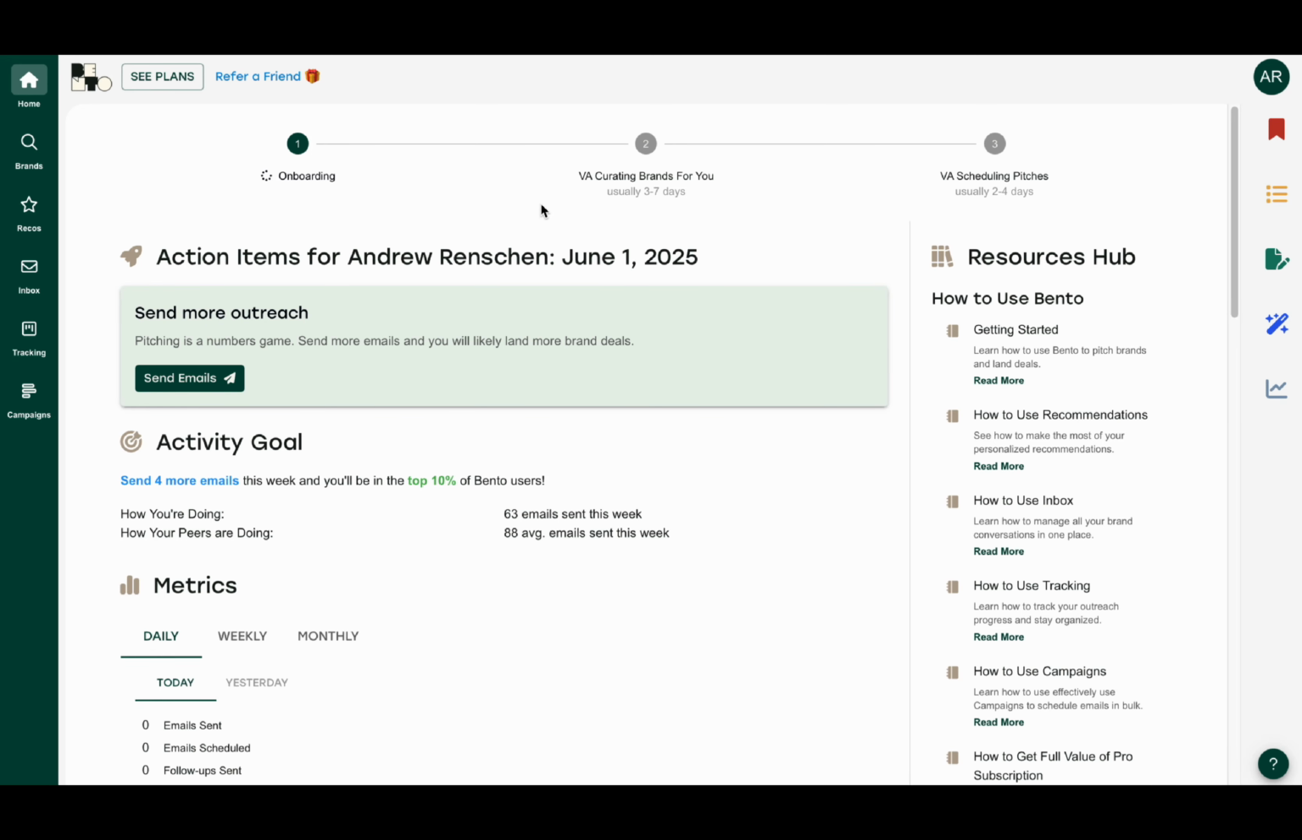Great. So this is a demo of the OnBento pitching platform. I'm going to start from the beginning and work through the different mechanics of using it and all that stuff. So the most important thing that I would do when you sign up is get your